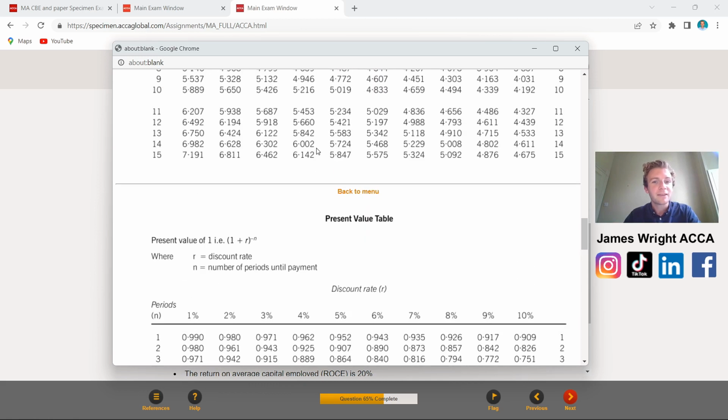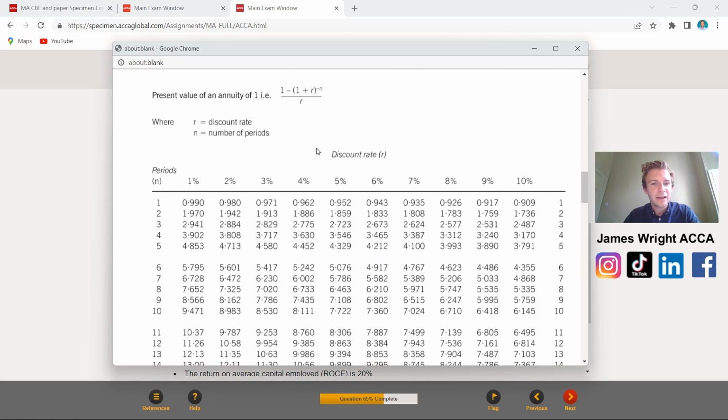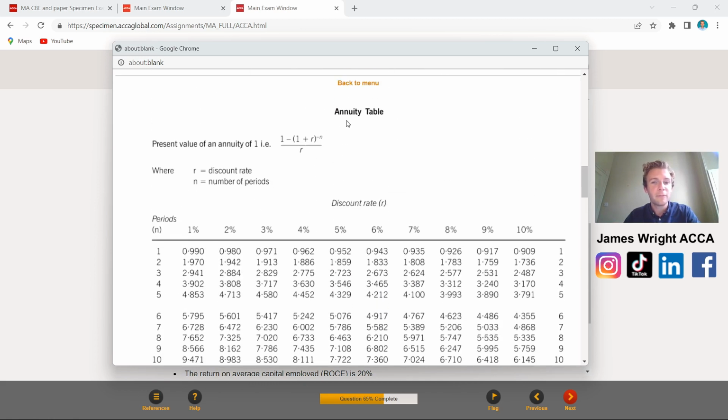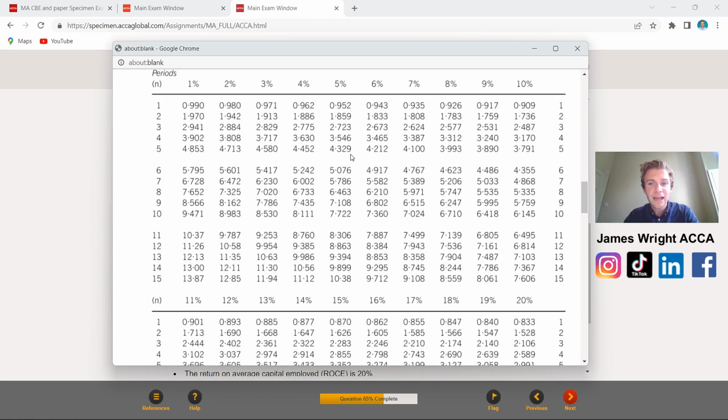We're looking at an actual future value now that we need to discount in the form of an annuity, and we need to consider the factors that were asked in the question. It's going to be paid for 5 years into the future, and we were also told the cost of capital, if you look at the last note, was 10%. So the key figure you need, you can see where my mouse is, is 3.791. So 5 years at 10%,